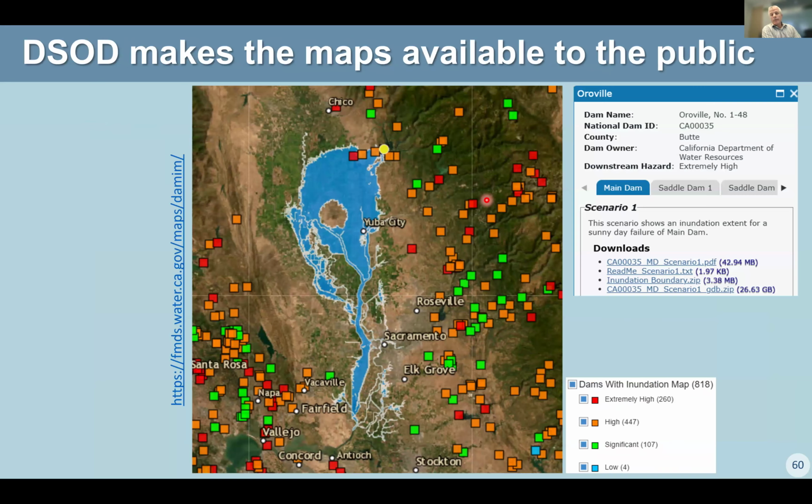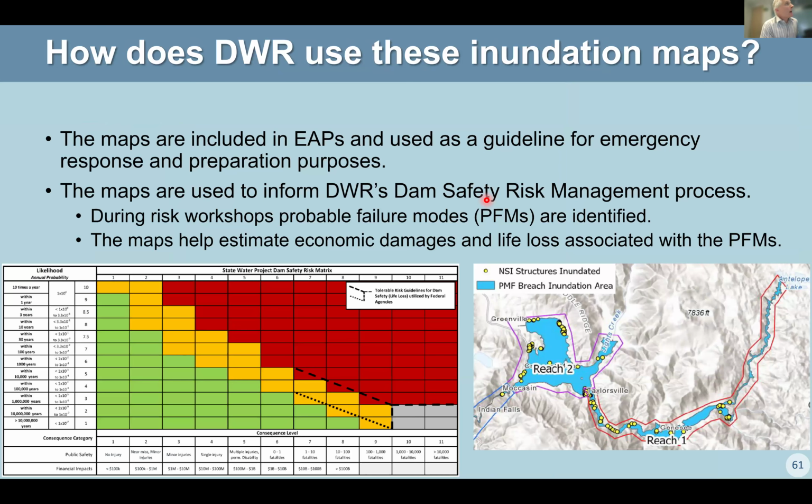And these maps are made available to the public. So this wasn't done before 2017. Now they're made available to the public. And you can go onto DSOD's website and pull up a map. That's Oroville. And finally, these maps not only go into emergency action plans, but they're also used for risk